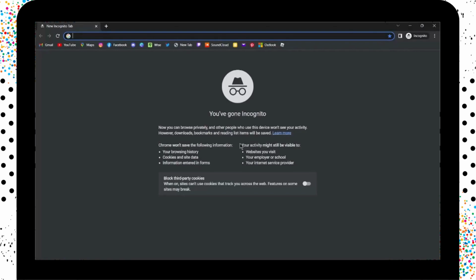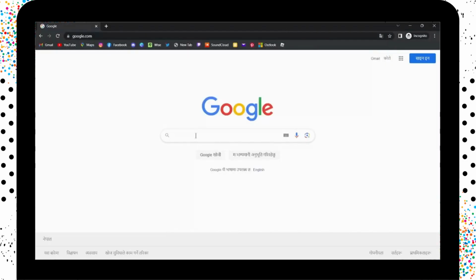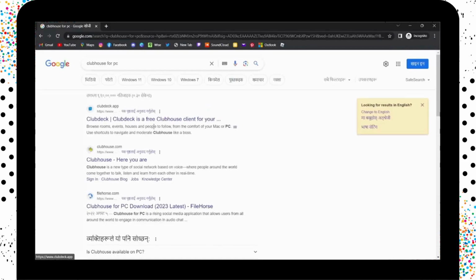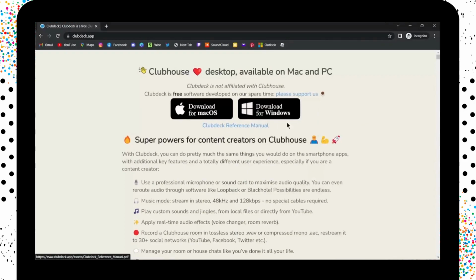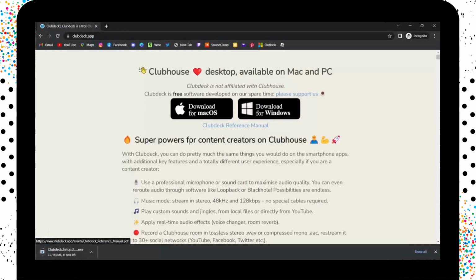And after opening your incognito, on the search bar you have to search for google.com. So on the search bar you have to search for Clubhouse for PC, and after searching here simply click on the first search, and then here you will have two options, download for Mac and then download for Windows. So you can simply click on download for Windows, and now you can see on the bottom left corner it